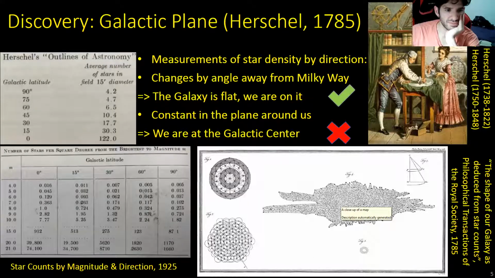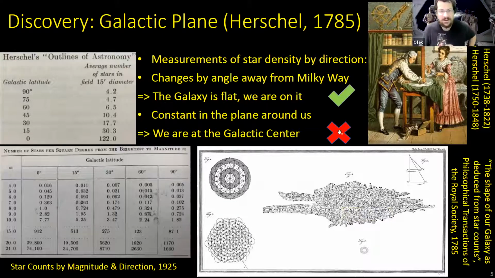Are we? Of course not. There's a big red X here. Of course, we're not at the center of our galaxy. There's a huge black hole in the center of the galaxy, 4 million times the mass of the sun. So we're quite lucky not to be at the center or around the center. And we'll talk about the next stage of understanding that mistake, of understanding how we know we are not at the center of the galaxy.